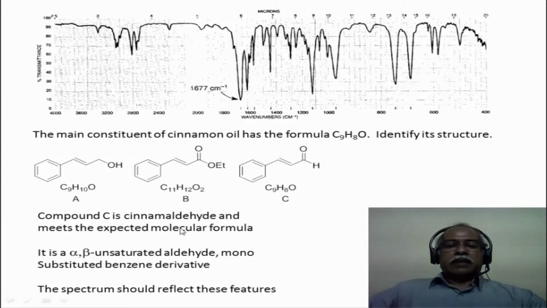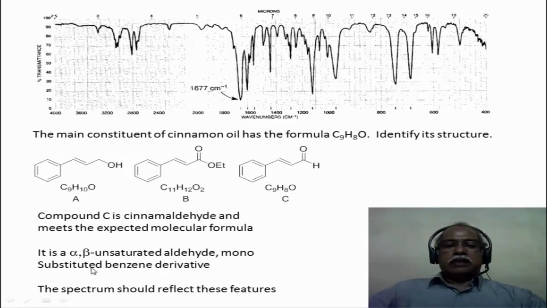Compound C is cinnamaldehyde and it meets the expected molecular formula, that is good, and it is an alpha beta unsaturated aldehyde and it is also a monosubstituted benzene derivative. So what one needs to look for in the IR spectrum is the aldehyde stretching frequency for an alpha beta unsaturated carbonyl functional group, and